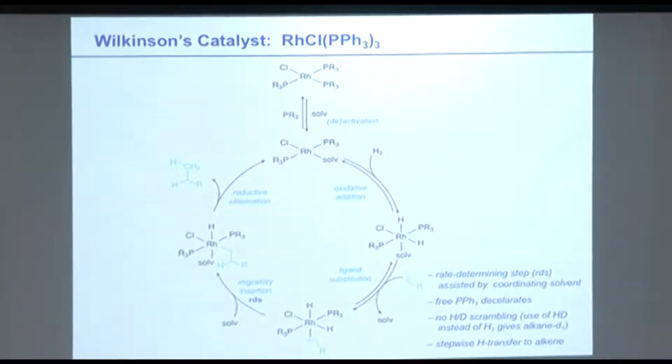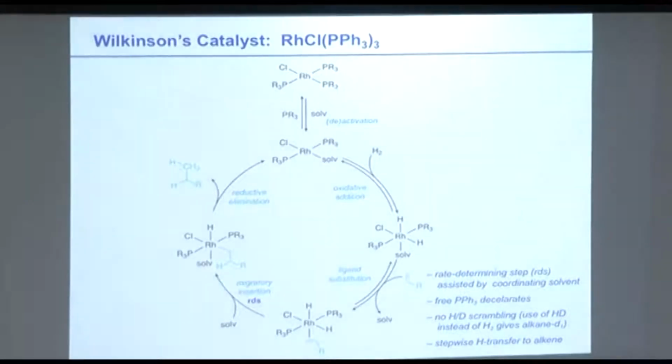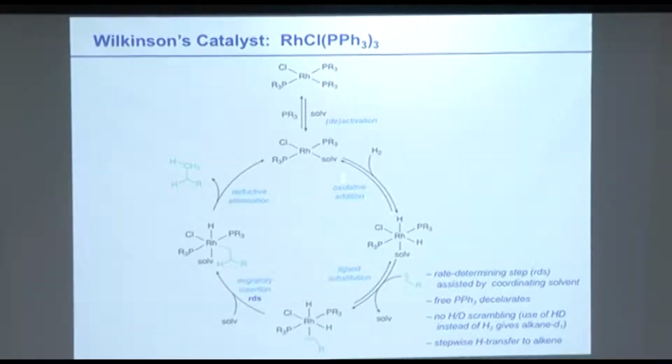So what is important? We first have oxidative addition of dihydrogen. We form an octahedral complex. This is a bit sterically crowded, but now here the solvent can be replaced by an olefin, and then in a rate-limiting step we get migratory insertion, so the olefin inserts into one of the rhodium-hydrogen bonds. From here it all goes fast, the alkyl complex is not stable. Either it goes back to the dihydride, or more productively it undergoes reductive elimination and regenerates the solvento complex here,